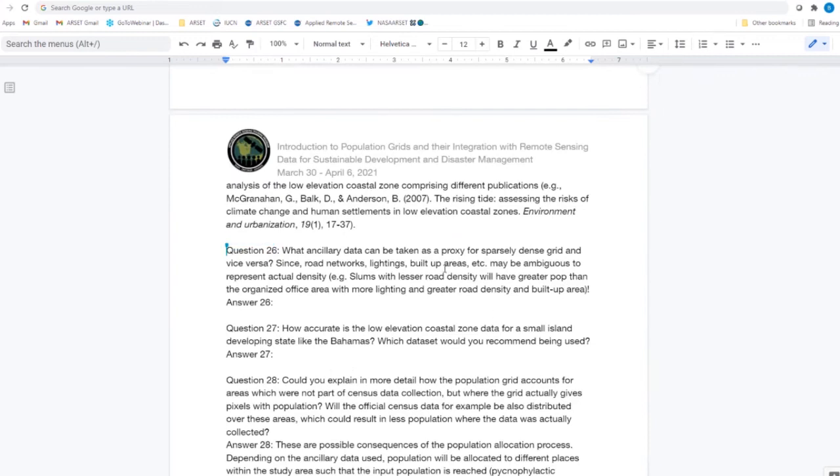Okay. And question 26. What ancillary data can be taken as a proxy for sparsely dense grid and vice versa? Since road networks, lighting, and built-up areas may be ambiguous to represent actual density. The example here is slums with a lesser road density will have a greater population than the organized office area with more lighting and greater road density and built-up. I have a long question here, but